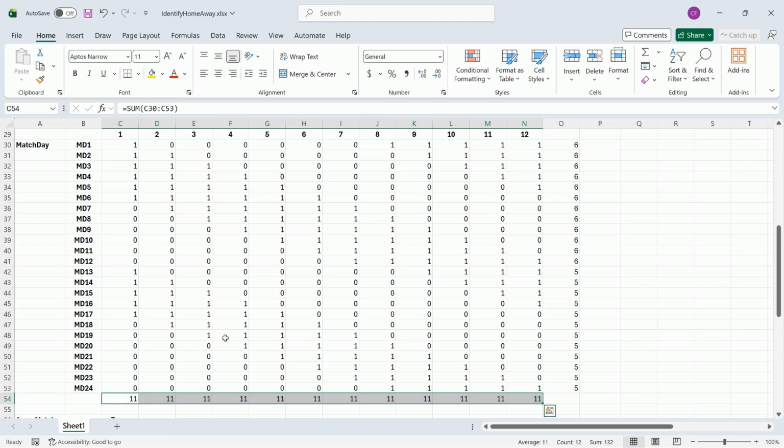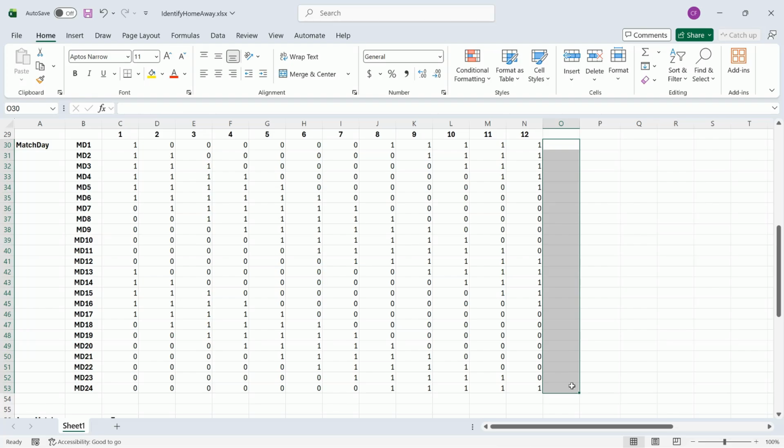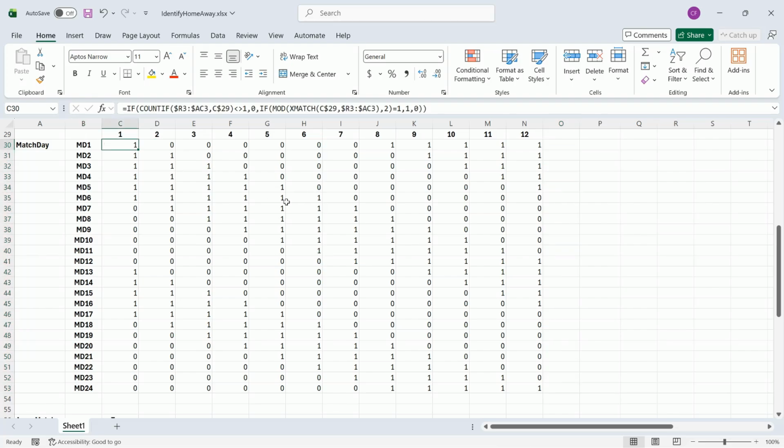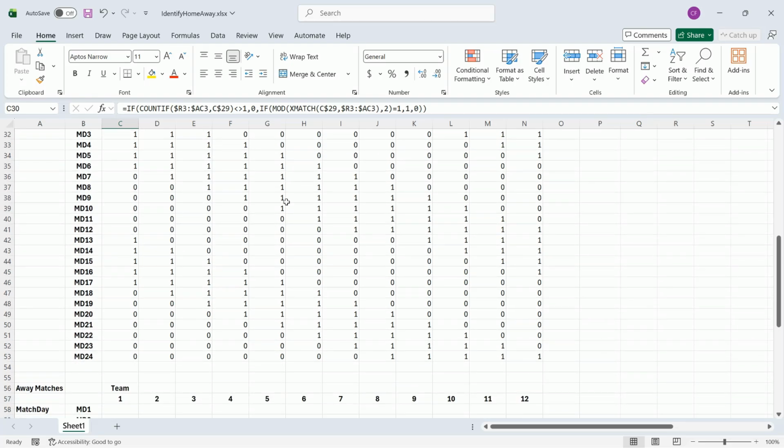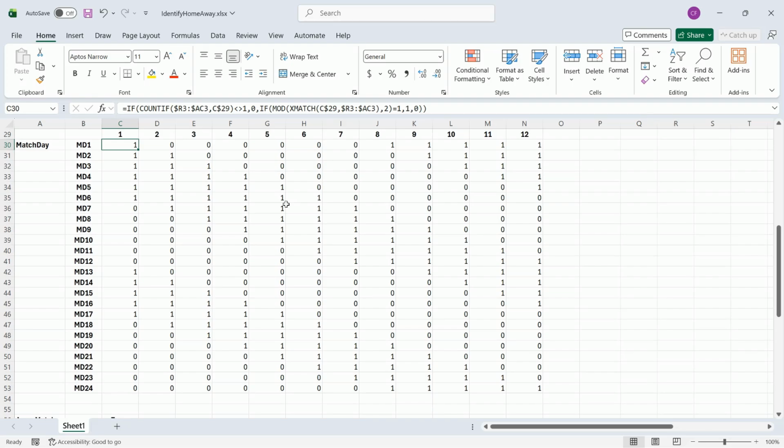So that tells me that each club will play a total of 11 home matches. And I will delete these formulas for now, but we will actually use them later to create our objective function. So just a little bit of a precursor there. So now I have my away matches down at the bottom, and this is actually the opposite of what we did here, except instead of checking for a remainder of 1, a mod of 1, we'll be looking for a mod of 0,